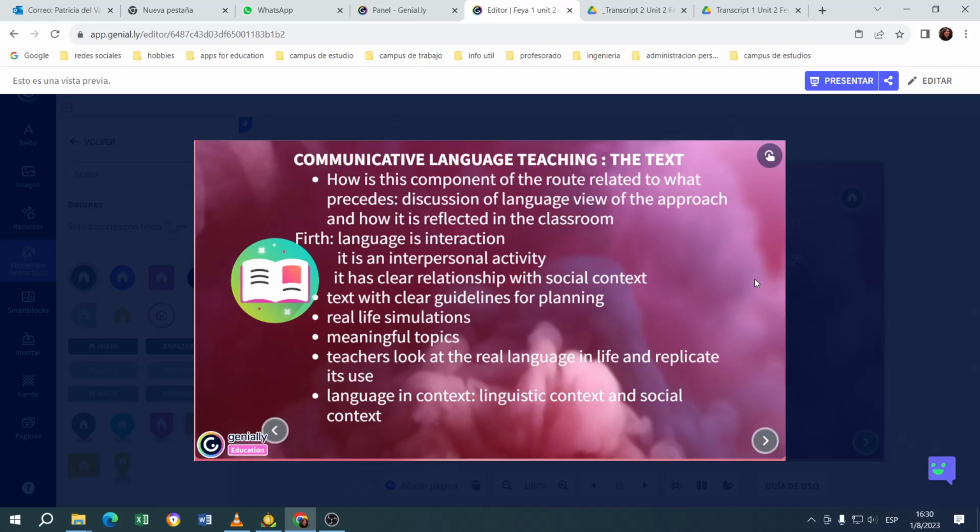So, two things need to be considered here. That you are representing or simulating a situation in life, and this situation should be close to what children of a particular age, your students, live or go through at that age. They should also be meaningful topics,